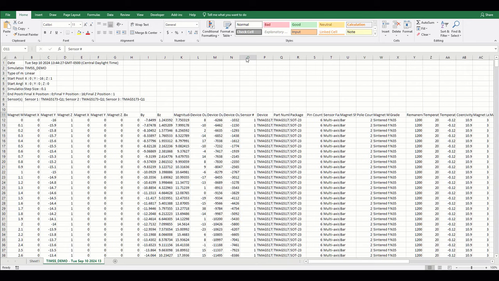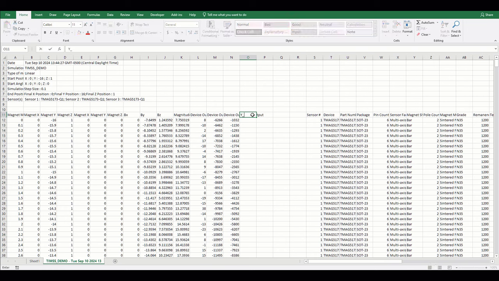Now that we've set up our data analysis to quickly plot, it will be helpful to perform some calculations on our data to see if we can create a result that changes linearly with our magnet. If we now return to the original data table, we can add 4 columns which we will use to help perform these linearization steps: Y normal, Z normal, angle, using the arctan2 function converted to degrees, and I'll call angle 360, which helps remove any discontinuity in our arctangent calculation when we step between plus 180 and minus 180.